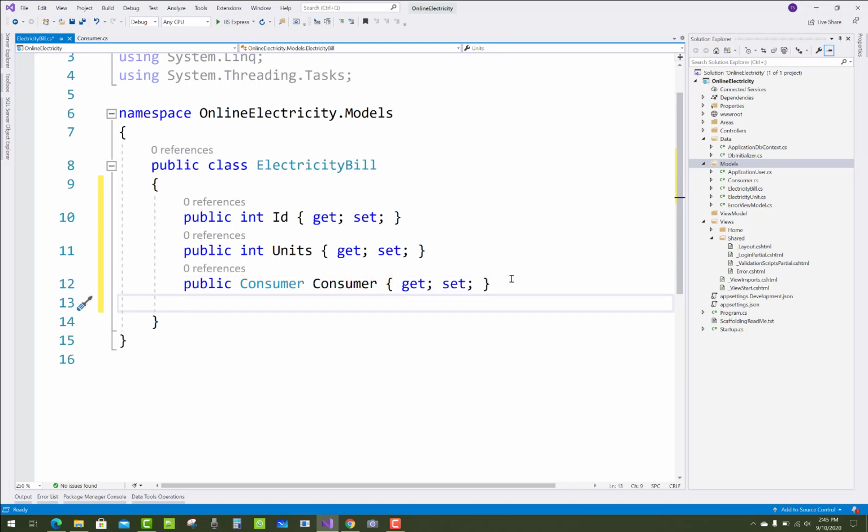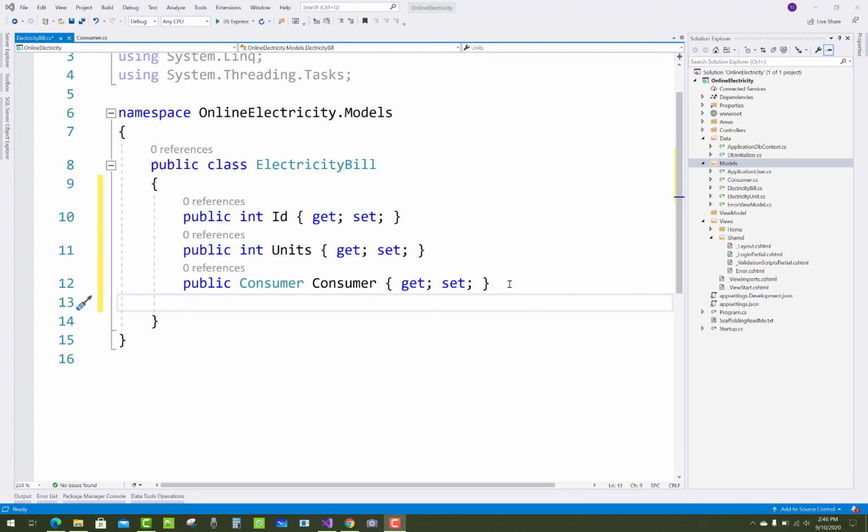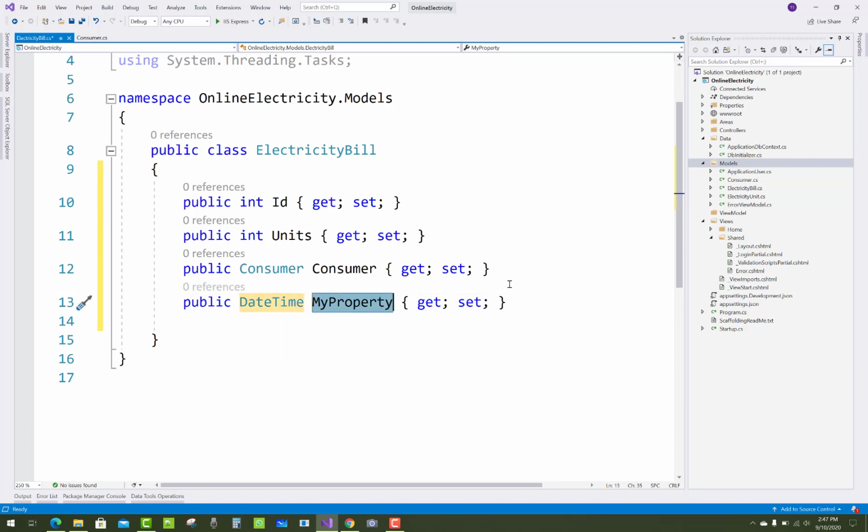The bill number is related to the electricity bill, not the consumer, so just remove that section from the Consumer class. Later I will paste it inside the ElectricityBill.